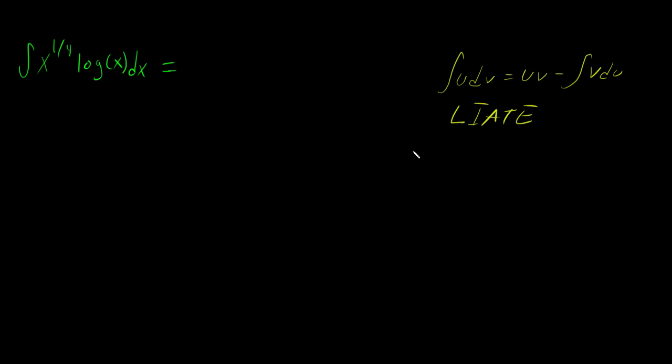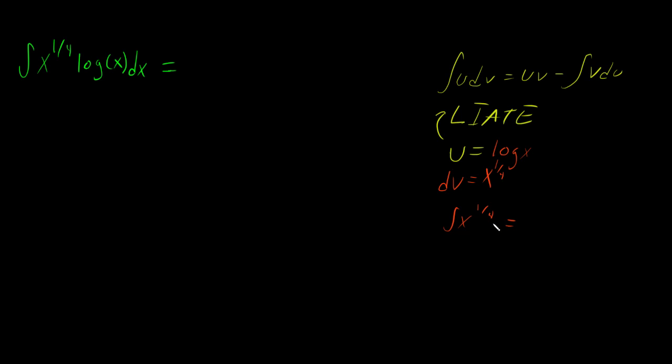So we know that u, if you look up from the formula, u is equal to log x, dv is equal to x to the 1/4. Okay. So essentially what we're going to do is just solve and plug in. Okay. So for v, the integral of x to the 1/4